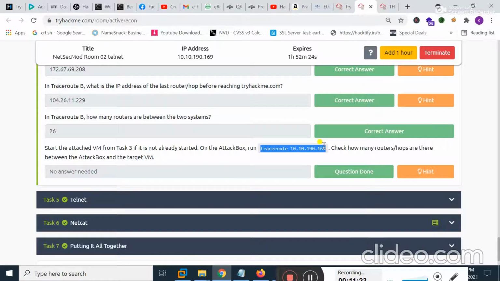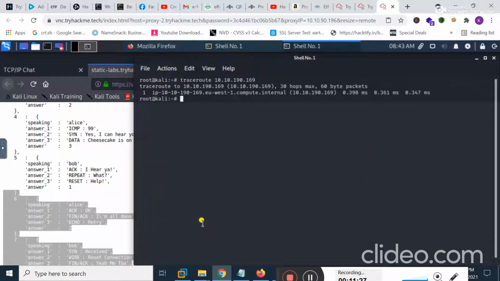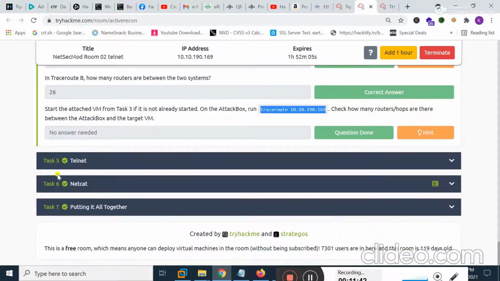Let me show you. I'm going to copy this command here, move to my terminal, clear the screen and paste the command here, and when I hit enter, it shows me that it reveals only one path between these two machines.